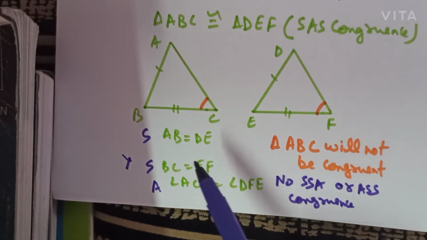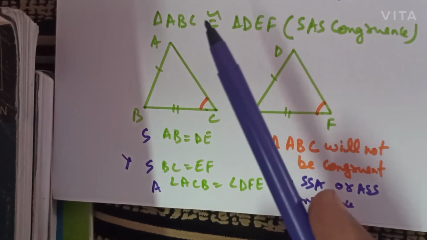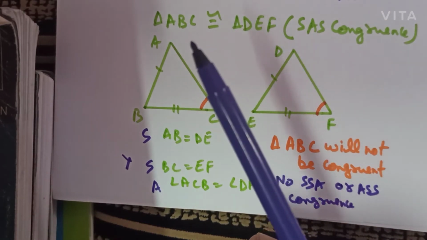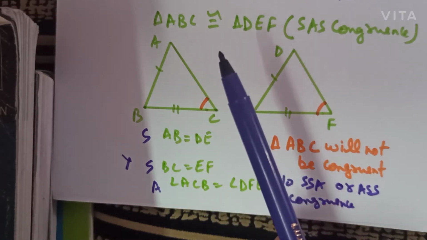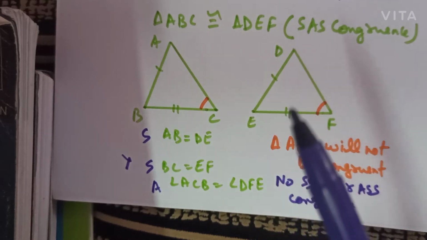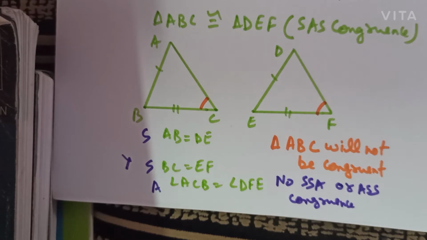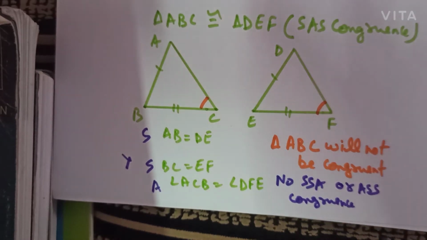Okay, so the two triangles will be congruent if and only if, in this case, according to SAS congruence, the two triangles have two sides equal and one angle equal, then they will be congruent only if the equal angle is the included angle. If it is not the included angle, then this SAS criteria cannot be applied and these two triangles will not be congruent. Understood? Now we will be moving to the next criteria of congruence.